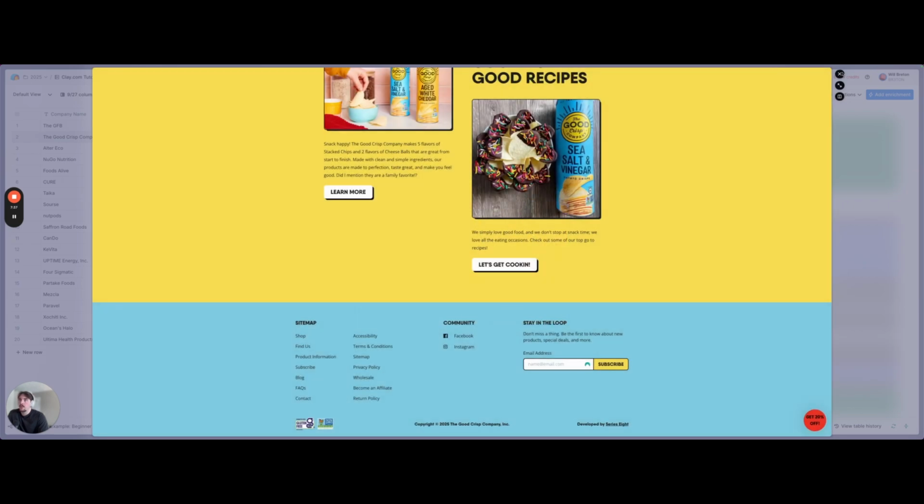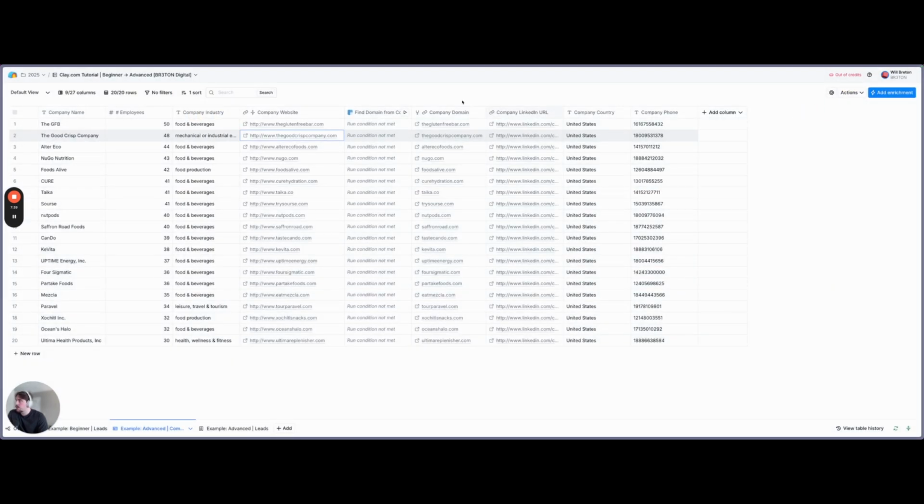So that's also one of the issues with basing it off of industries. Like, this isn't a food and beverage industry at all, but it's still a food and beverage company. So keep that in mind when we're building these lists, but really all we did was four very basic data points: pulling the company name, the employee count, the industry, the website, and then right away we're going straight